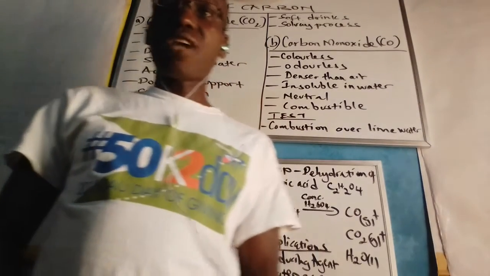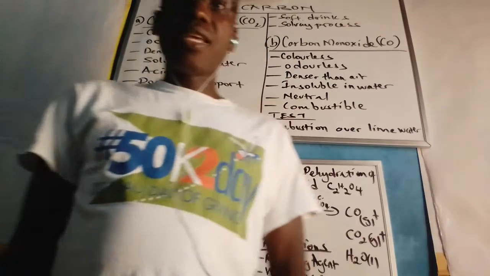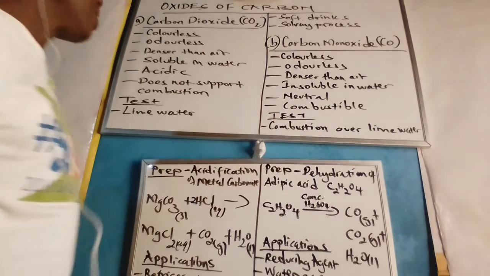So this has been a description of the oxides of carbon, where we have said that the two main oxides of carbon are carbon monoxide, a rare gas, and carbon dioxide, a common gas. We have said that carbon dioxide is odorless,